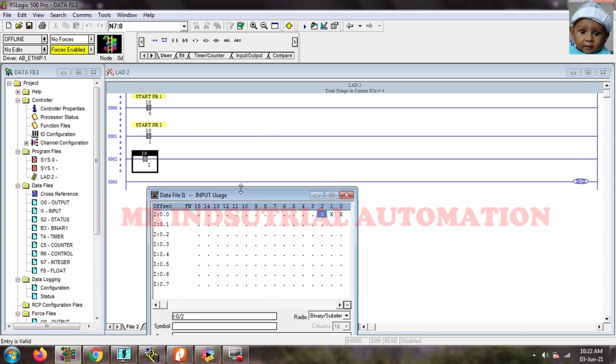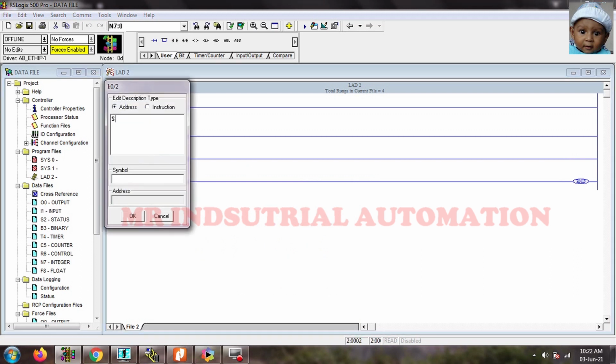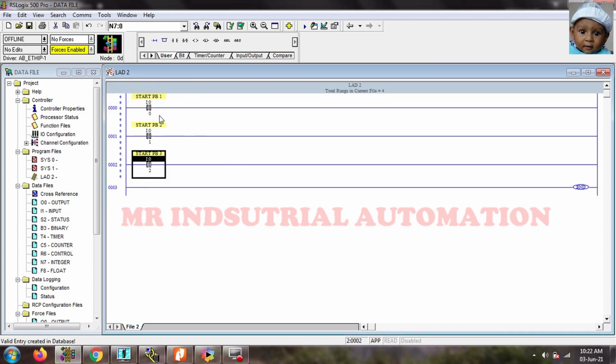So I:0/2 we can drag and drop on the input. This is also one process to select the input address, output address or timer address. Now we will give the name start PB3. So the 3 inputs we have taken.